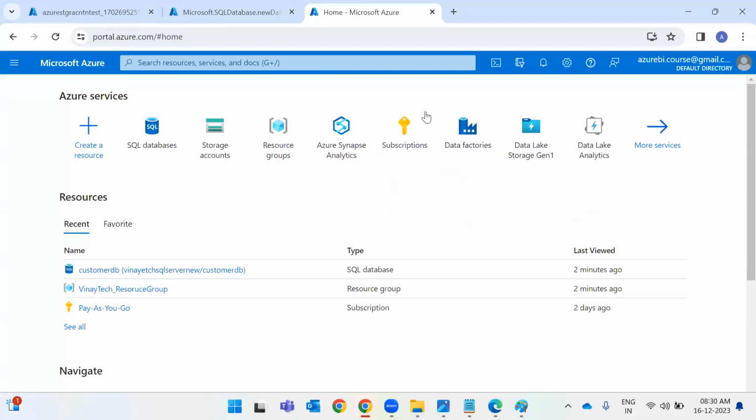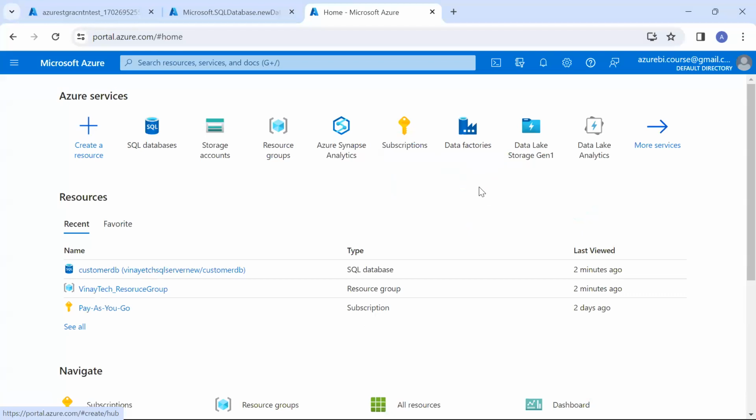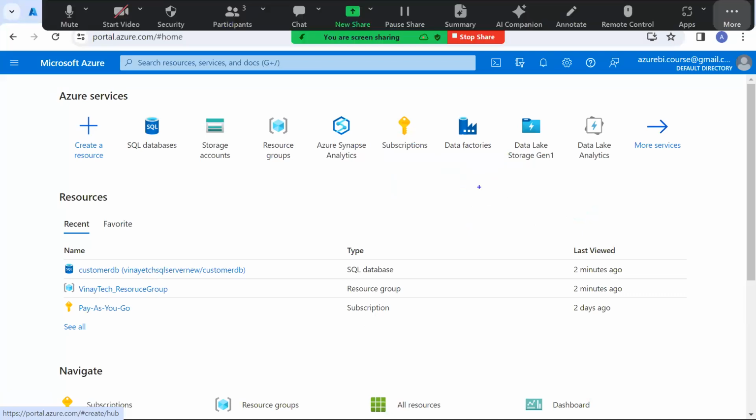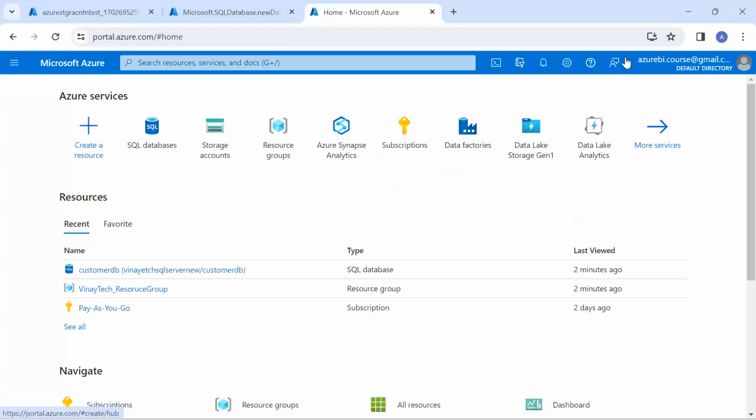Every month they give $200, right? Not every month, only on the basis of your account. After 1 month it will expire. Whether you use it or not, it will drop that amount. But it is showing a 12-month trial, right? Some services are free for 12 months. When you go to this Azure portal,